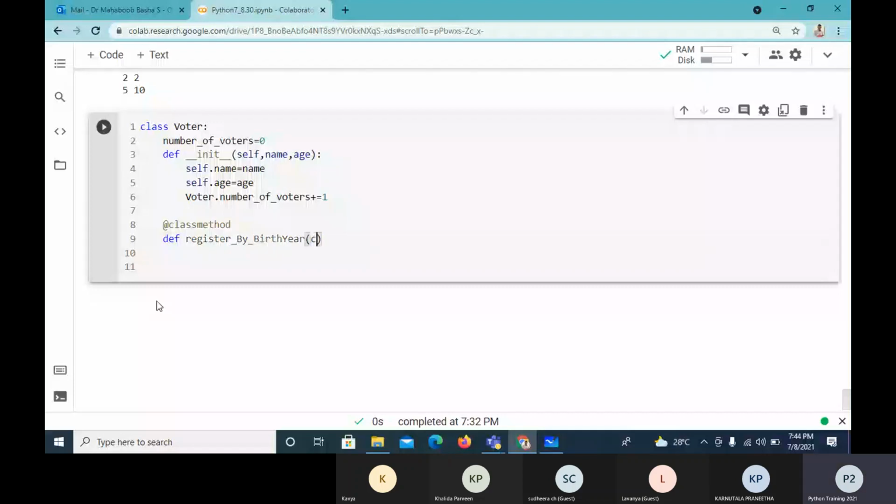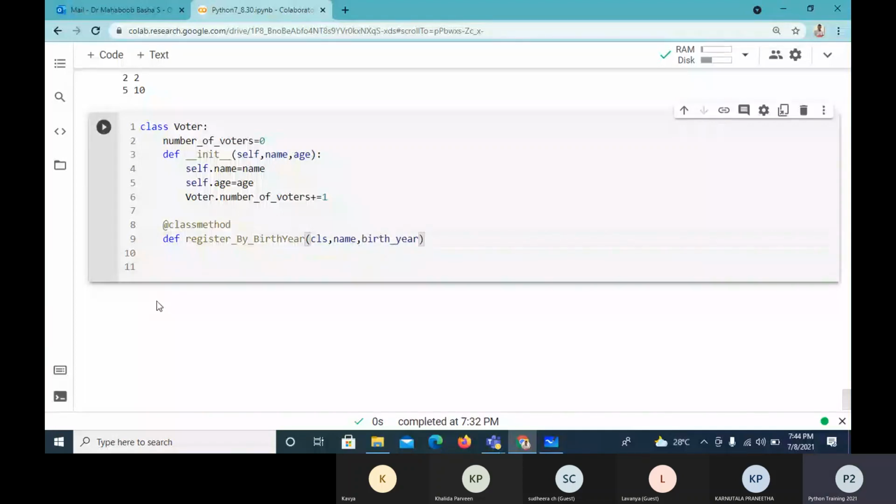The first parameter is the class name. CLS will hold the name of the class, which is nothing but Voter in this case. Then name is passed. Then birth year is passed.